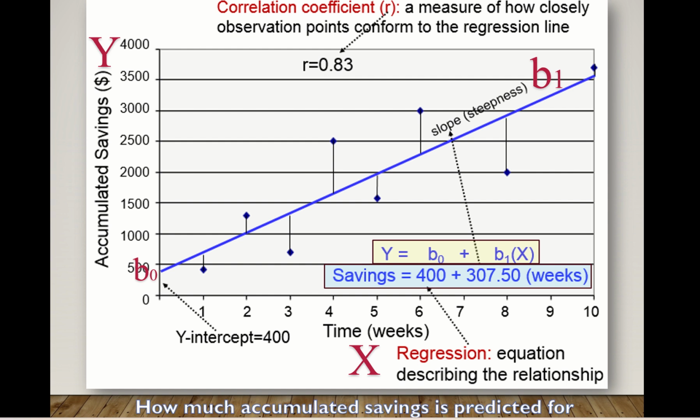So what if we wanted to predict how much somebody's going to accumulate based on this regression relationship if they save up for 9 weeks? So imagine we input right now the 400 plus the 307.5,